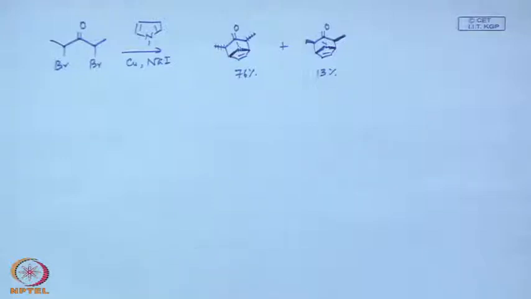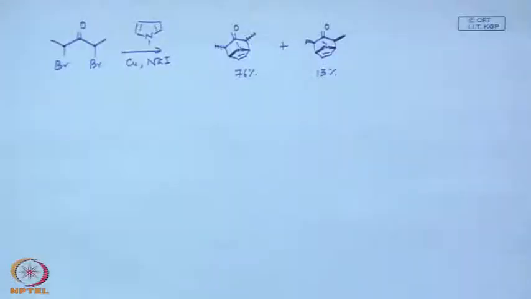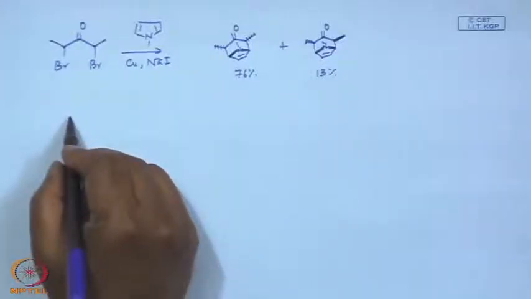So, this is just a case of nitrogen heterocycle. That means the pyrrole can also participate in these 4+3 cycloaddition reactions. Now, let us look at one more example